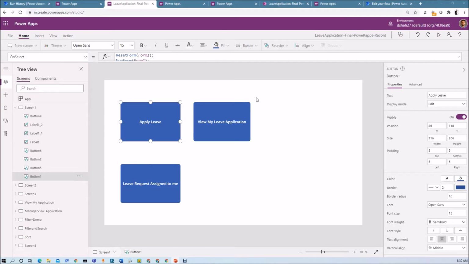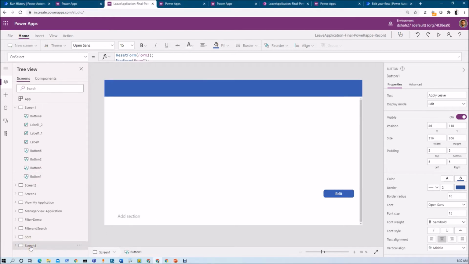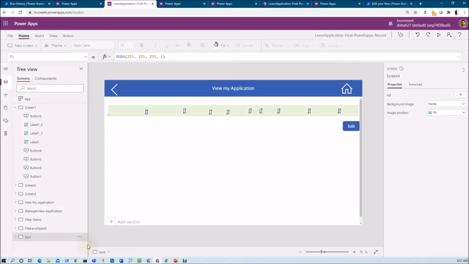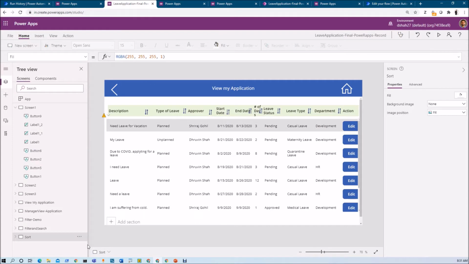First of all, let me talk about what versioning is and how we can restore a previous version in Power Apps. Whenever we create a Power Apps canvas app, every 2 minutes Power Apps will auto save the application. Sometimes what happens is, as a developer working in a canvas app, let's say I have mistakenly removed a screen. Let's say I have removed this screen from this particular canvas app.